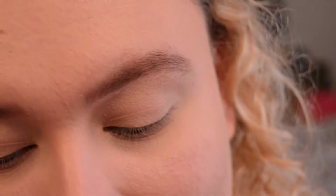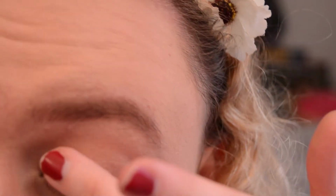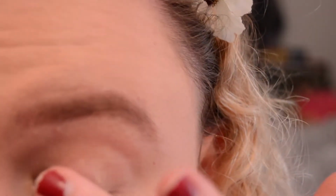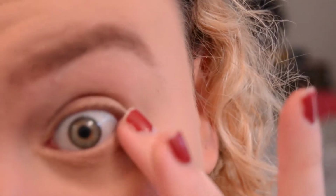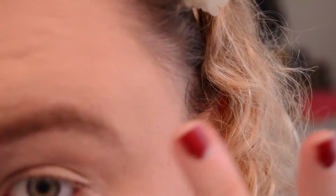This is the only eye primer I have. It's called the Sabella Enhanced Eyeshadow Primer. This is by Melaleuca. I don't even really use Melaleuca anymore, but whatever, we're gonna use it. I guess that's probably one thing that I should invest in, a good eye primer. And I know everyone loves NARS,